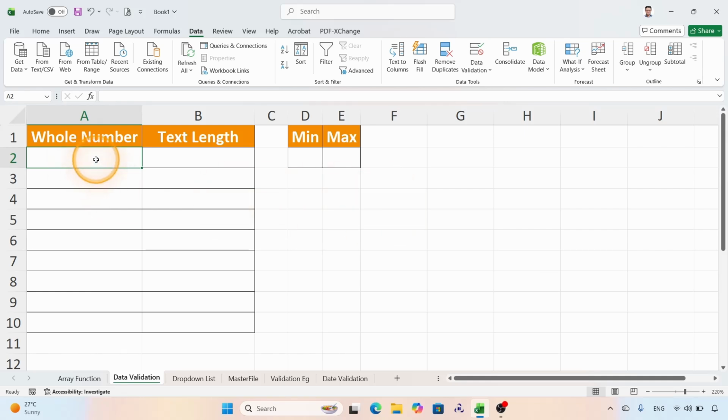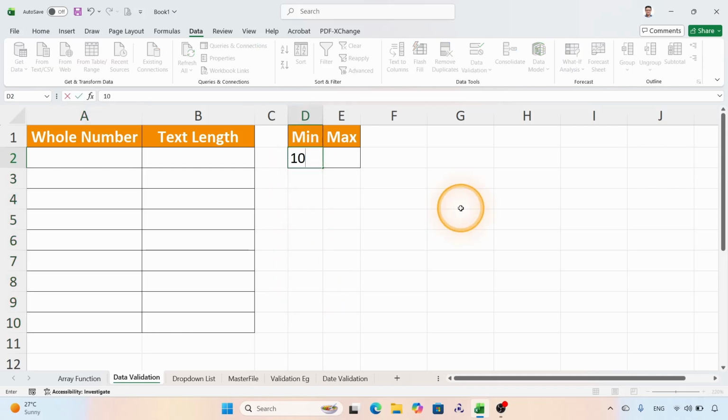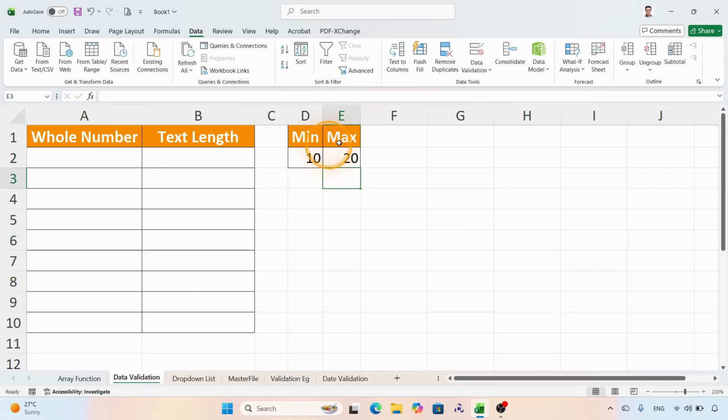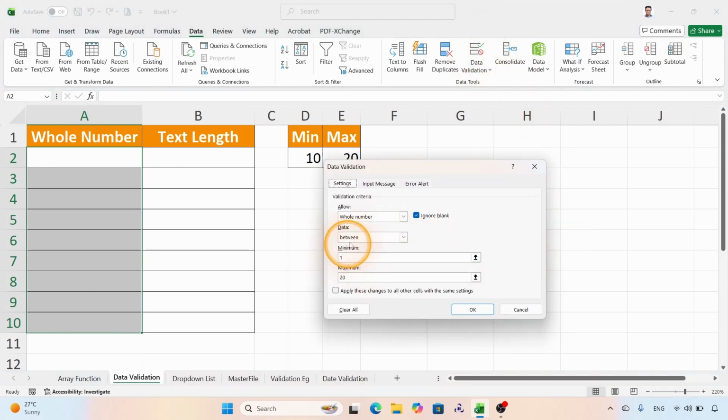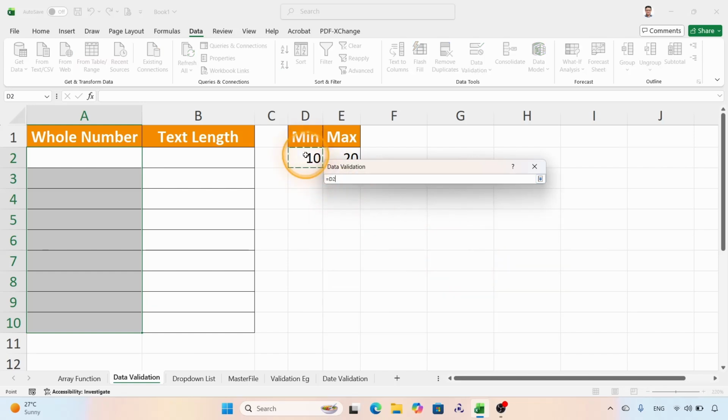We have given the restriction 1 to 20. Suppose we have to make this dynamic, that is, the minimum number will be typed here, for example 10, and here 20 we have given, so we have to restrict according to this. So we can make the restriction dynamic. Click here, so instead of 1, in "whole number between", we just click and select here,